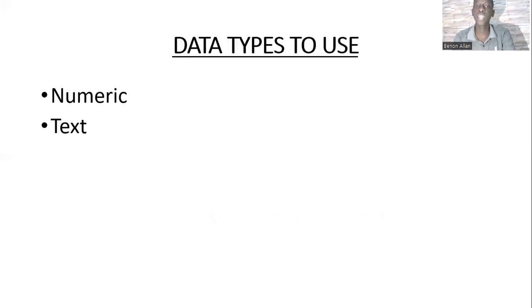The different data types I'm planning on using will be the numeric data type because I want to be getting different prices from different websites. I also want to use text. The text mainly will come in form of location because we want to assess different prices for a particular location, so which are not out of scope.